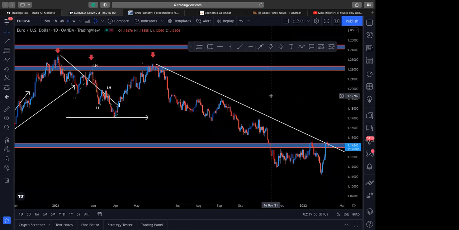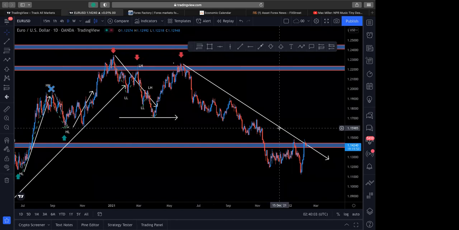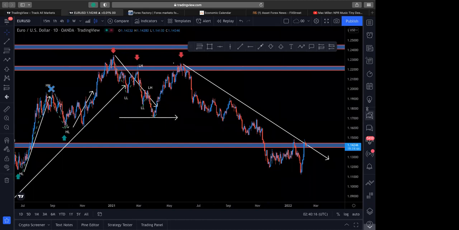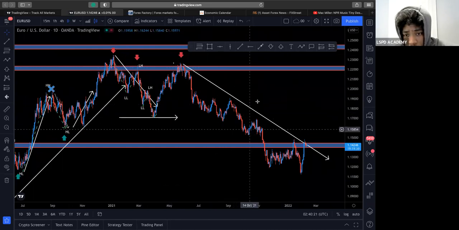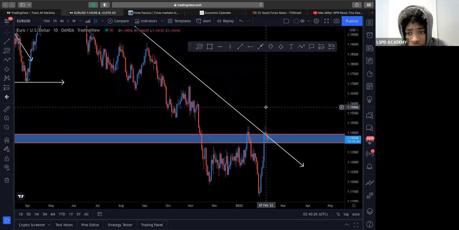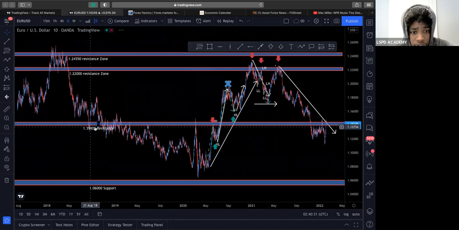So when it comes to, let's just say back to this, we're looking at EUR/USD. I'm trying to see where I can see price and make the best educated speculation on where price is going to go, right? So when I'm looking at this, I see, okay, price on the downtrend: lower lows, lower highs, lower lows, lower highs, lower lows, right? So the first thing I identify is, okay, I saw price come into this support zone. It was previously resistance,